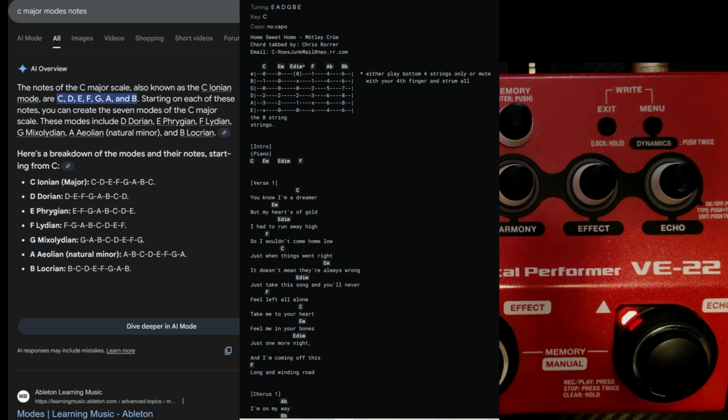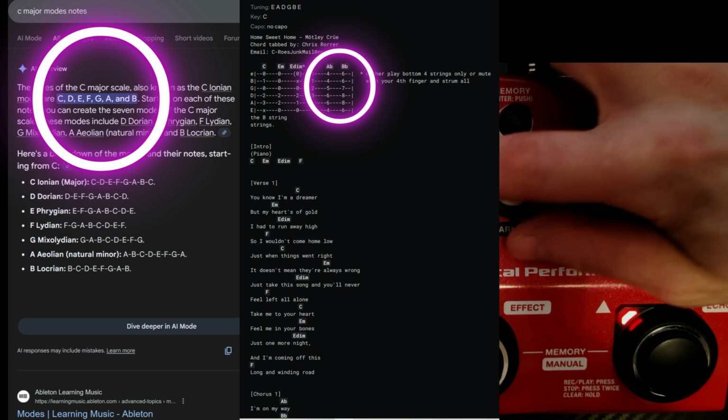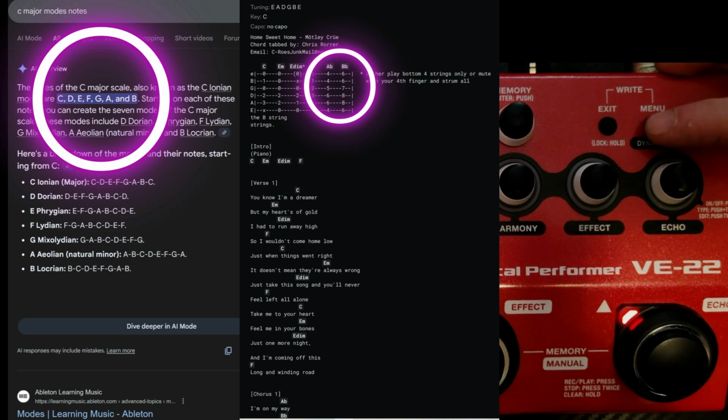Anyway, the song is referred to as being in the key of C major, and most of the song is in C major. However, when you look at the song itself, it contains a few other chords, and those chords are not in C major, like A minor. And so you may be wondering, why is that an issue? It's an issue because if we go back to this,